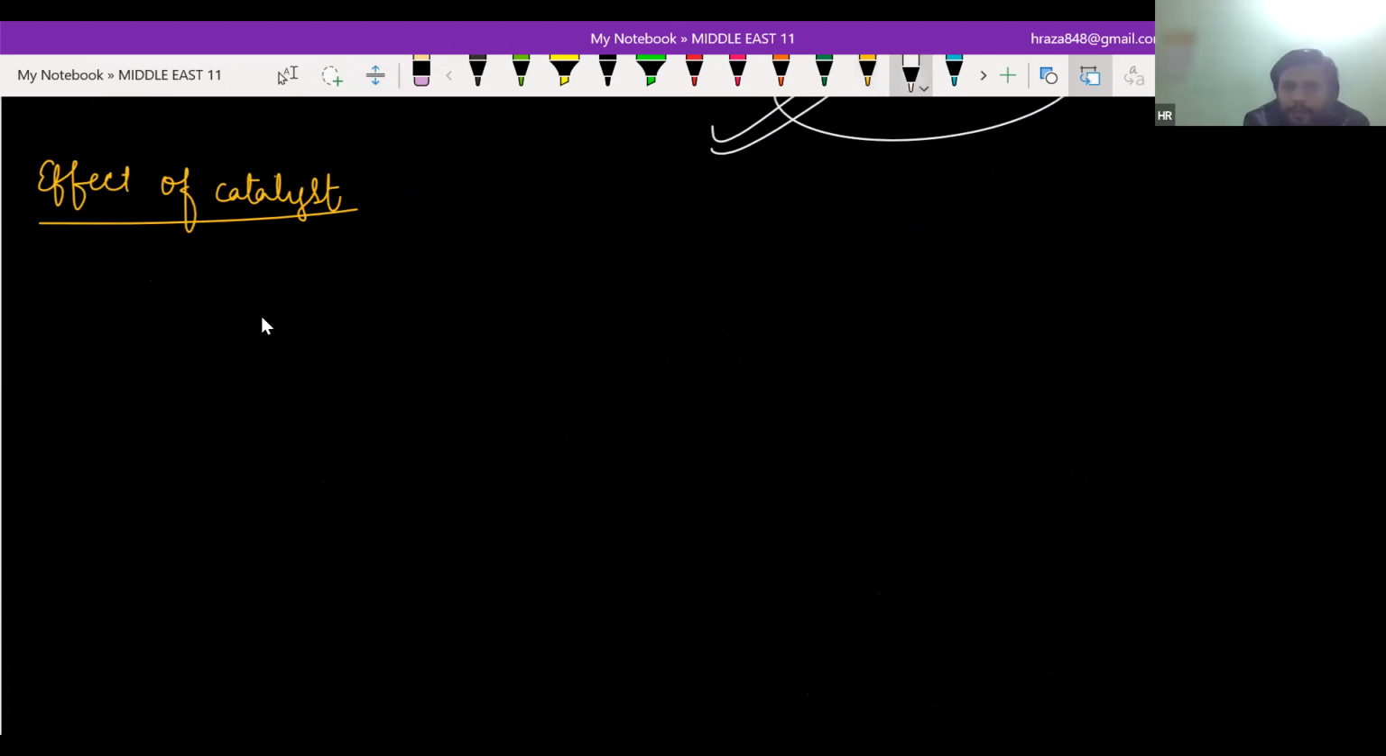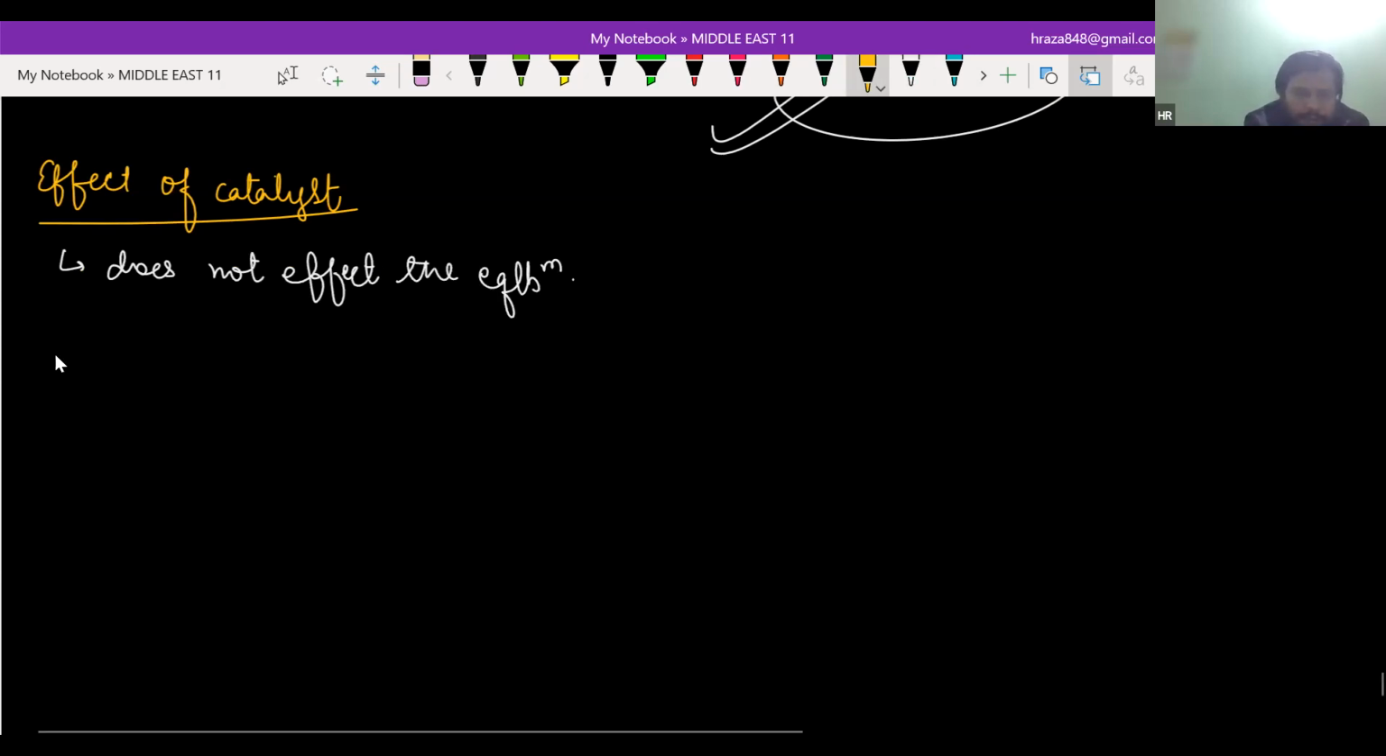The next is the effect of catalyst. So remember one thing, catalyst does not affect the equilibrium. Next, this was the fourth effect. Fifth, effect of